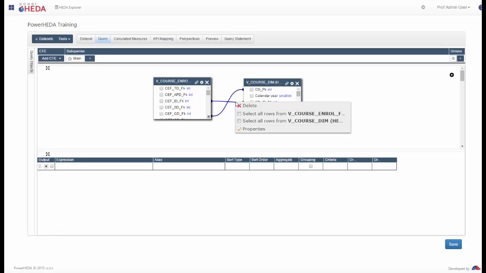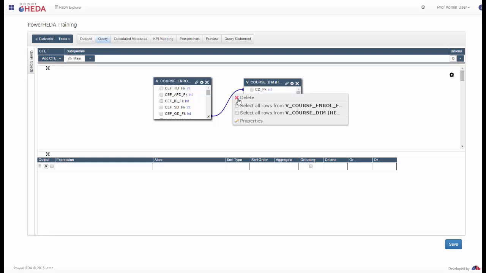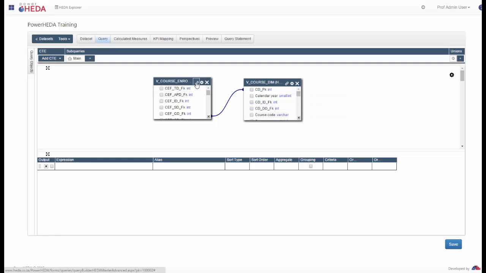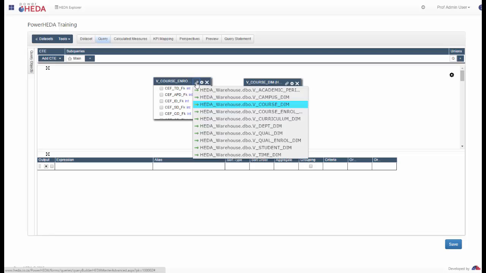Where errors were made, right-clicking on the actual join and selecting delete can remove this join. Inner and outer joins can also be created by selecting the options that are available when clicking on the join. Joins can also be created with tables by clicking on the chain icon on the table and selecting a table